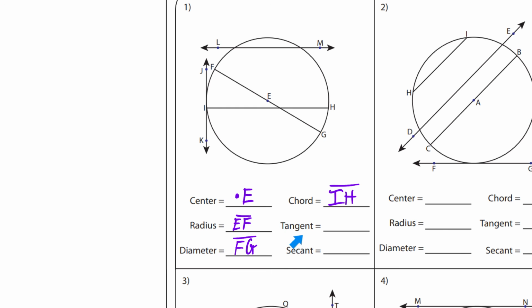Okay, these other two we haven't talked about. We'll probably talk about these in a couple days. A tangent is a line that hits the circle just at one single point on the outside. So in this case, JK is the tangent, where it just barely touches it. Okay, and then a secant is basically a chord, but it's a line instead of a line segment. It passes through the circle like this. So the secant here is LM, which actually I should put